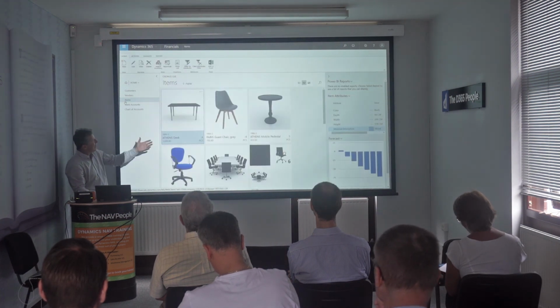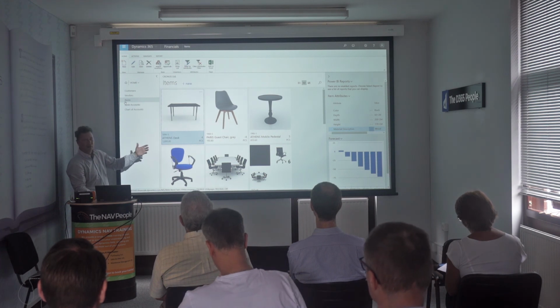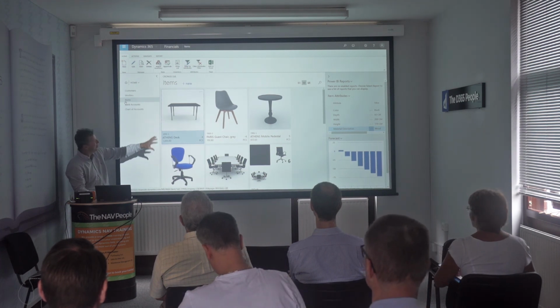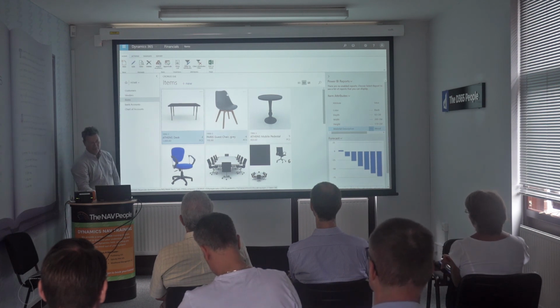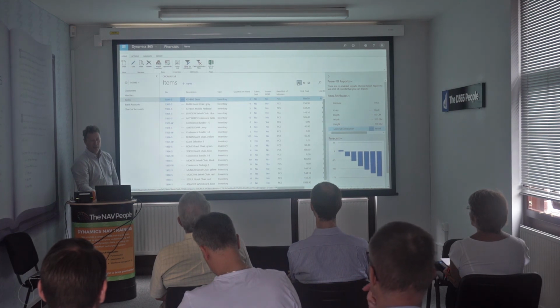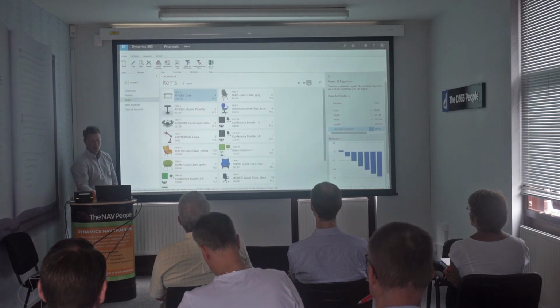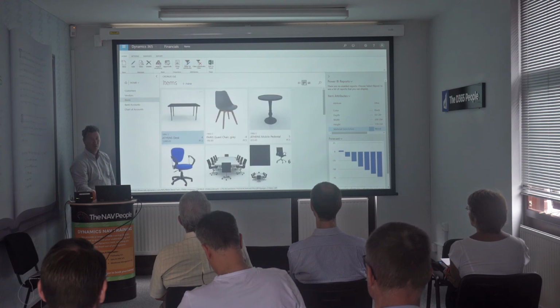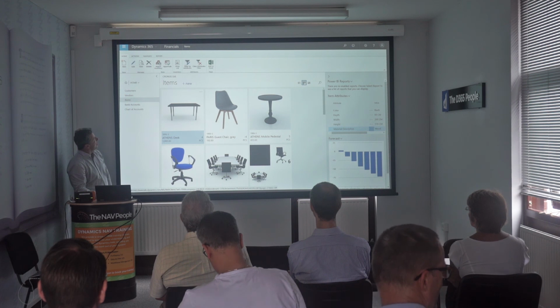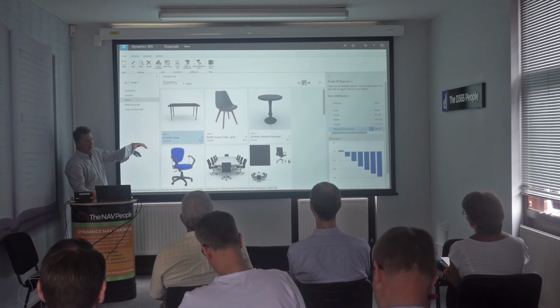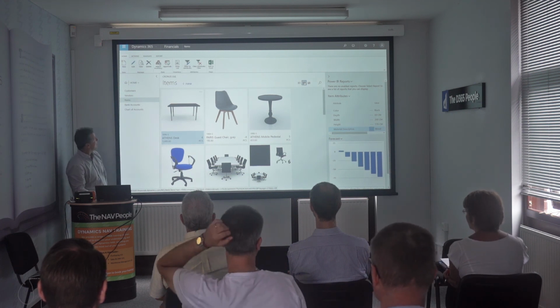A lot of this stuff is interesting because we showed that at last year's user day. Even on 2017, you can have that style of view of NAV rather than a straightforward list. So you can have tiled view, small tiled view, medium tiled view. That's 2017. You can do that today. Actually, that's not different because of 2018 or Dynamics 365. That is what NAV looks like today.